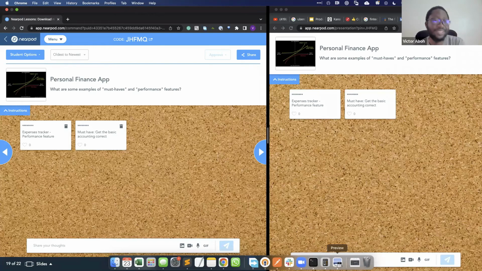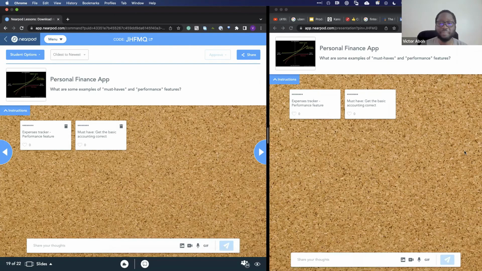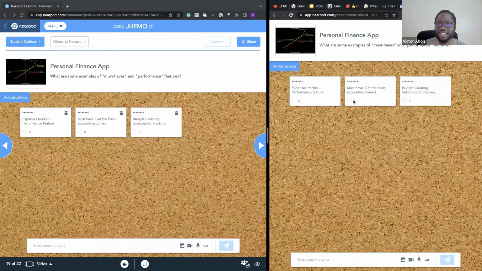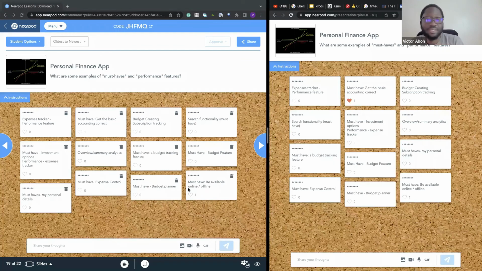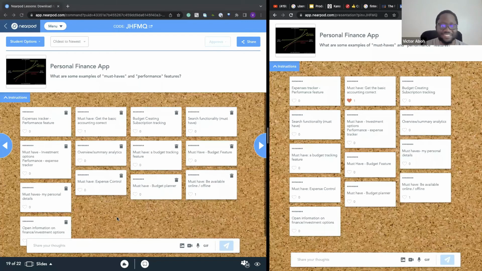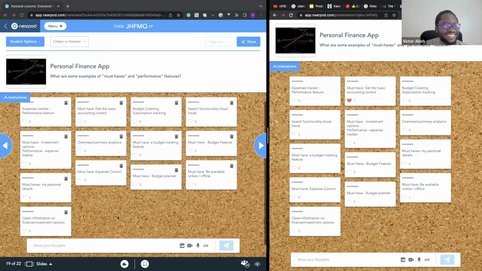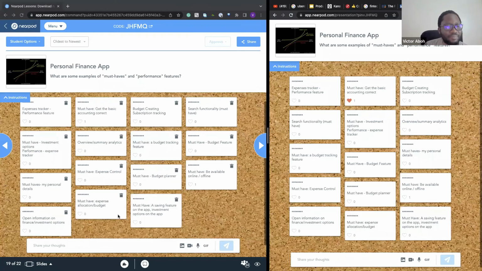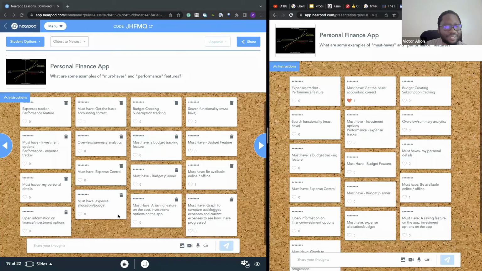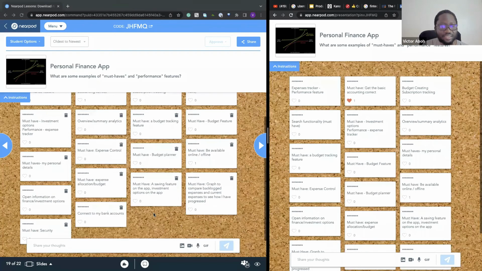Oh yeah, that's a great one. The accounting feature, yep. If it's not doing 1 + 1 correctly, then that's a bad look. Oh, they're available offline as well as a must-have. Person is strict. Open information. Yep. Must-have. Yeah. Savings feature on the app, investment feature. Okay. Okay. Yeah, these are